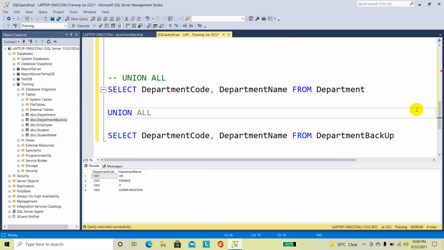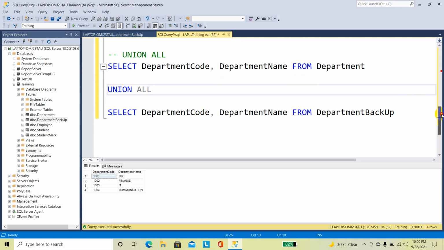I am selecting department code and department name from the department backup table. When we apply union all, we will get all the records from the tables. In this case, I am using only 2 tables, so I will get all the records from both the tables. There is a chance of duplicate entries if the same record exists in both the tables.